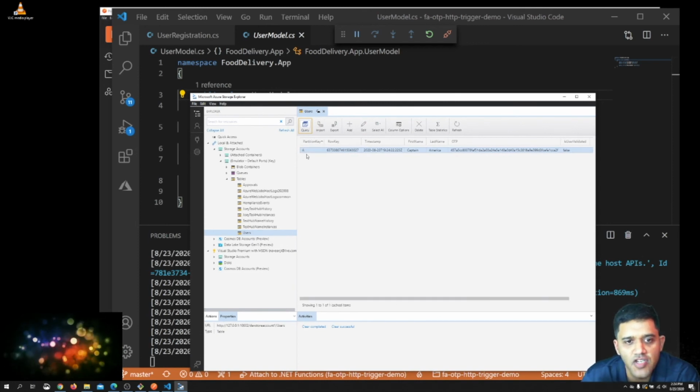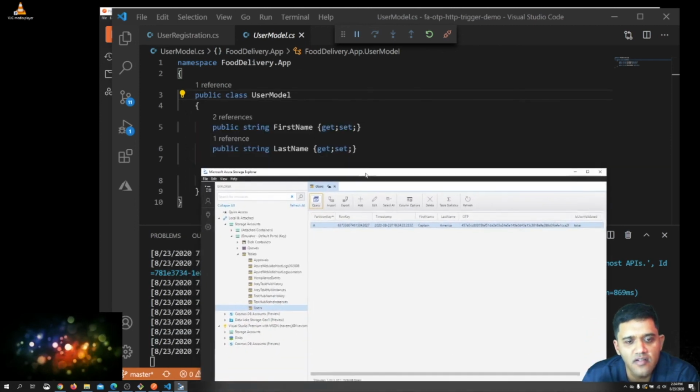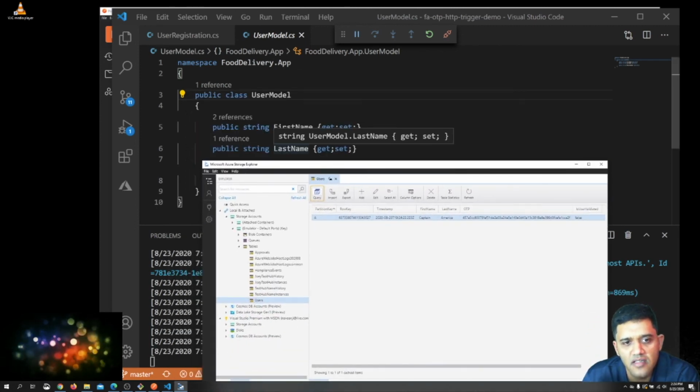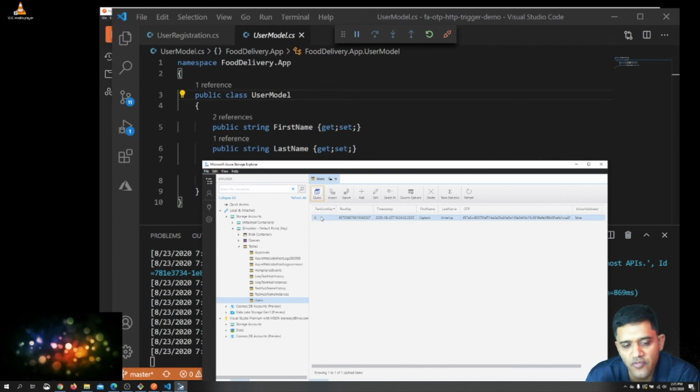It has a partition key of A, which is the first letter of the last name America. There are only 26 letters in the alphabet, so I'll have 26 partitions being generated. The row key is the ticks value at that instant.